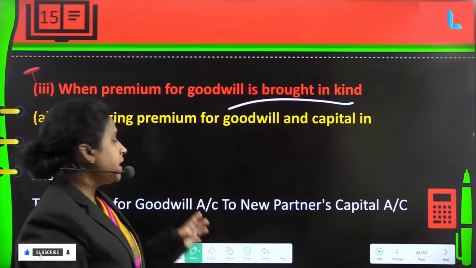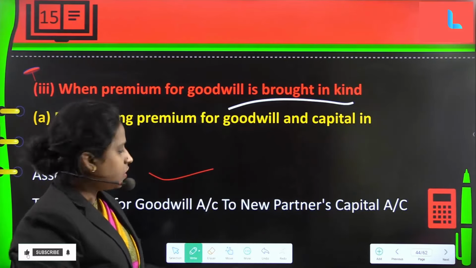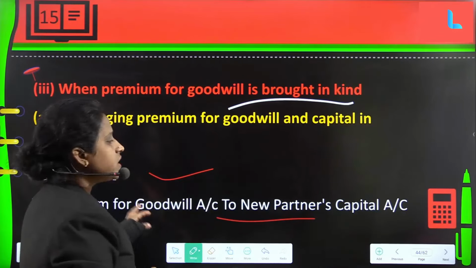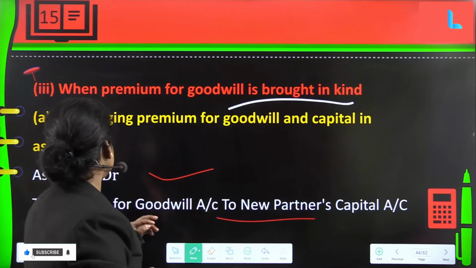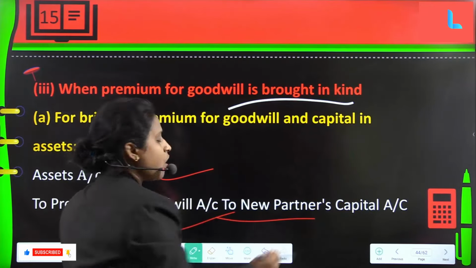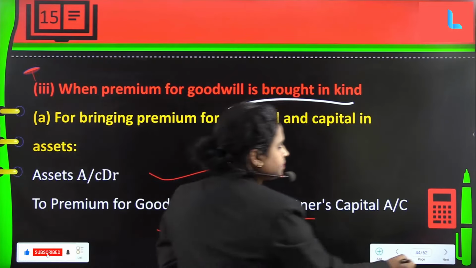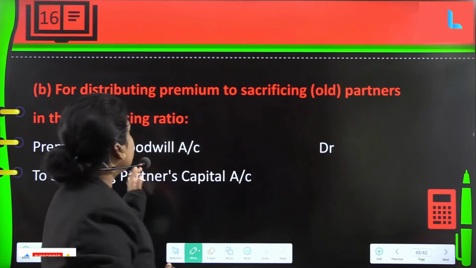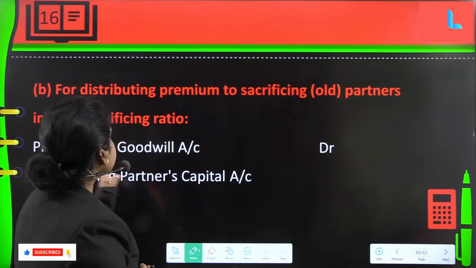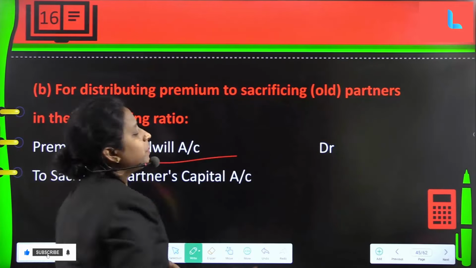So the entry would be assets account debtor to premium for goodwill account and to new partner's capital account. This is a journal entry that we have to pass for this situation. Then for distributing premium to sacrificing partners in their sacrificing ratio, the entry would be premium for goodwill account